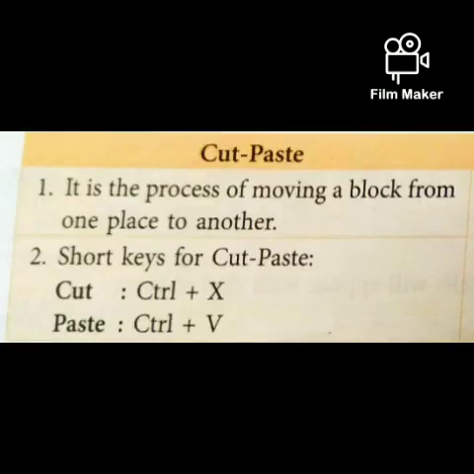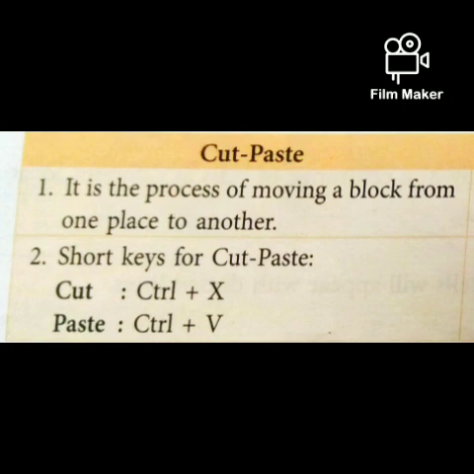Now I am moving towards the subjective questions. Question number 1, write short notes, cut and paste. So when you cut, what happens? It removes the data from a source location and it pastes or puts it back in a target location or target cell. Source may be a cell, source may be a range of cells. So we collect the data from a source and then we paste it into the cell or in a target